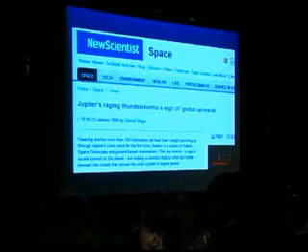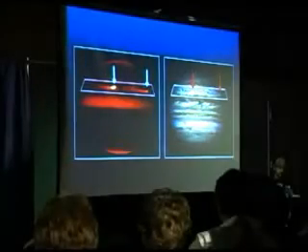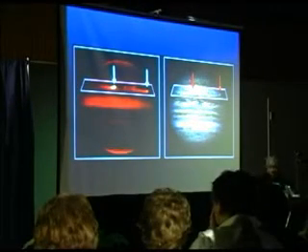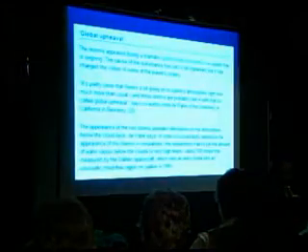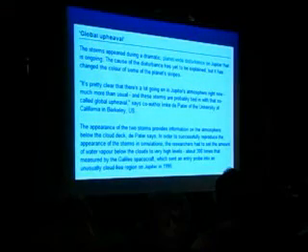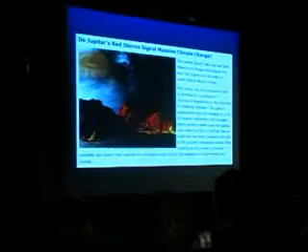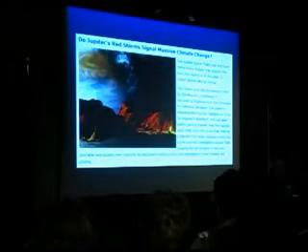Raging thunderstorms popping up through the deck in 2008, as indicated by the arrows here. That's the hottest anything has ever been seen on Jupiter. A planet-wide disturbance, a global upheaval. That's what these quotes say right here. They don't know what's causing it. Massive climate change is the only